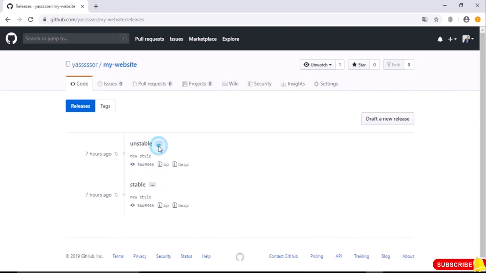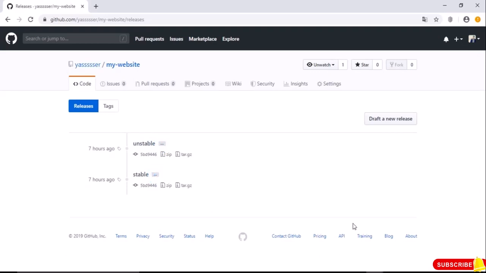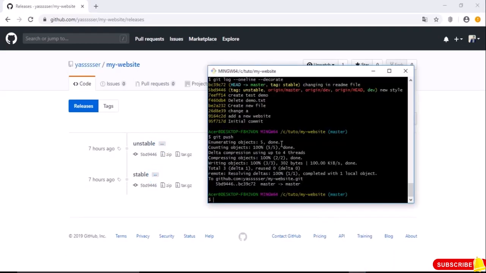So now how about if we want to change it locally and have it changed also in the GitHub repository? To do that, there are two ways. The first is to delete the tag in the GitHub repository, and then push it again so that it is pushed with its new ID. Or we just push them, but we force the push so that it can be updated. So let's do the second one, git push